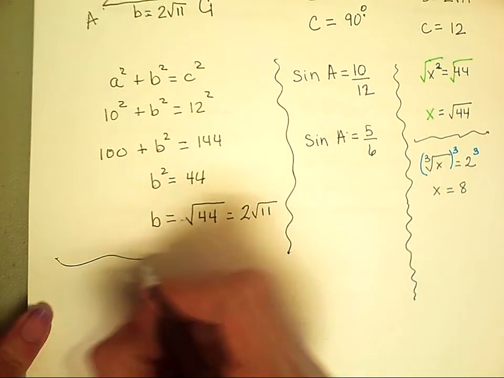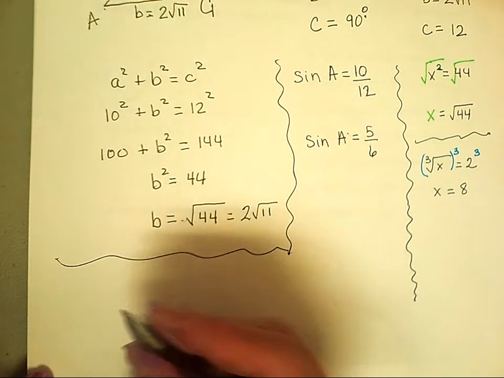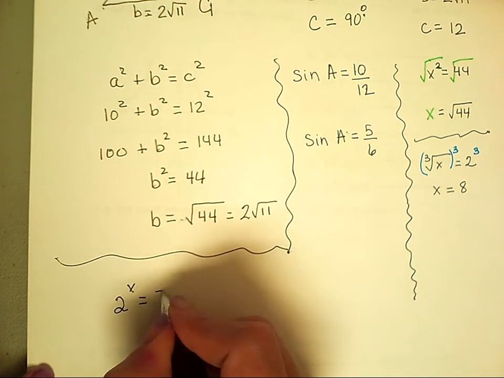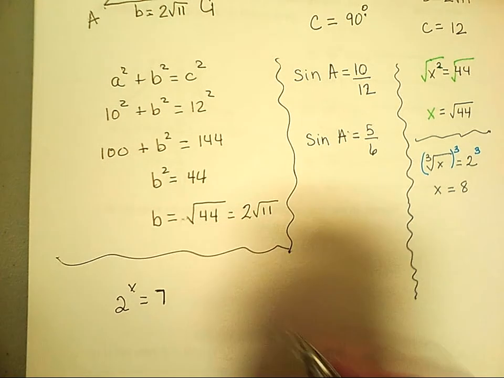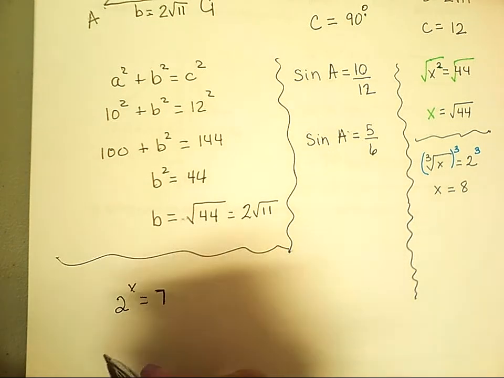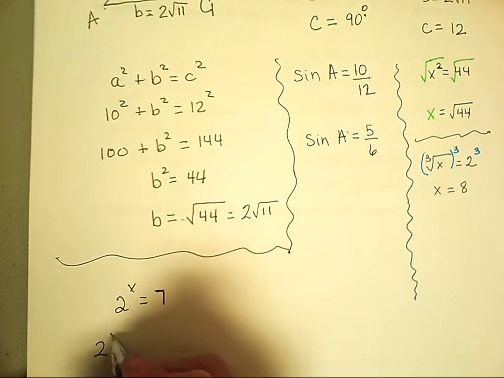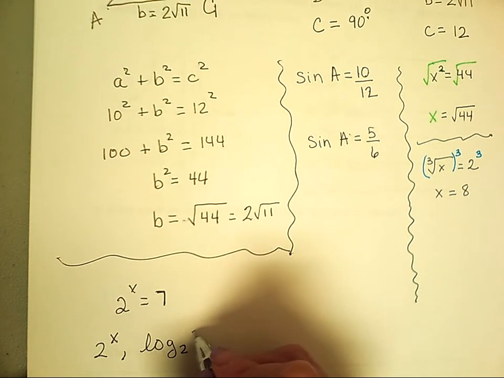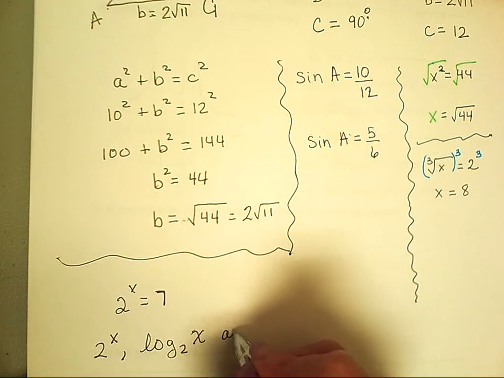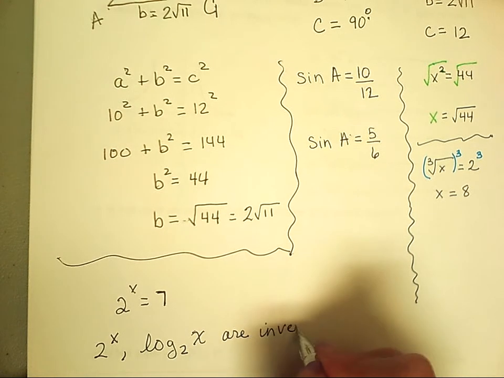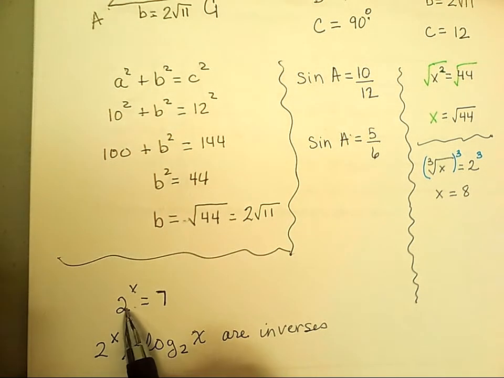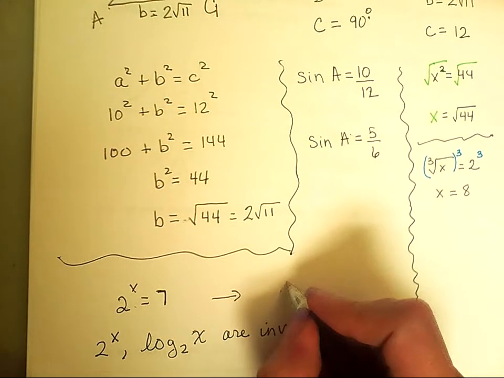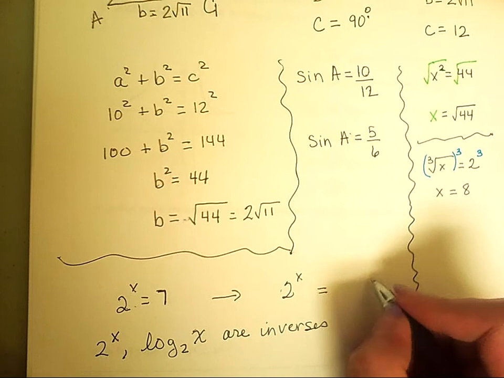We also know that inverses can look very funny. If we had 2 to the x equal to 7, we know that 2 to the x and the log base 2 of x are inverses. So we'd solve this by writing exponentially, but one thing we could have done is